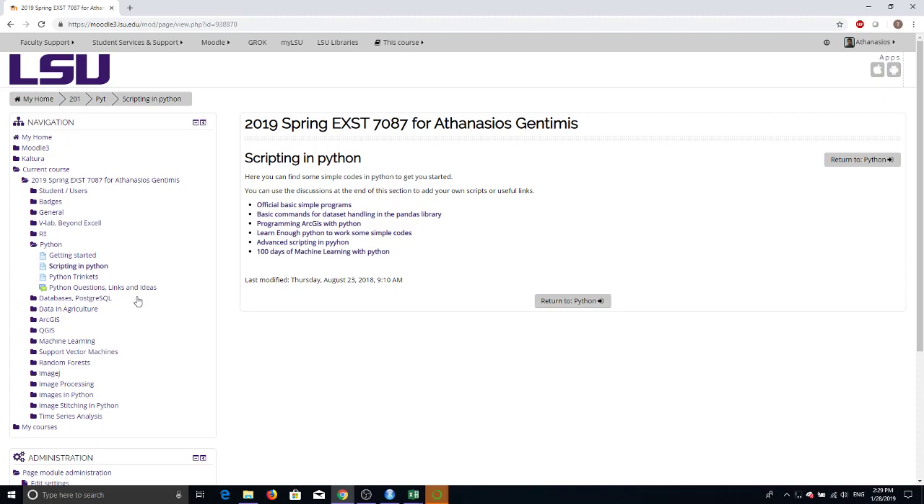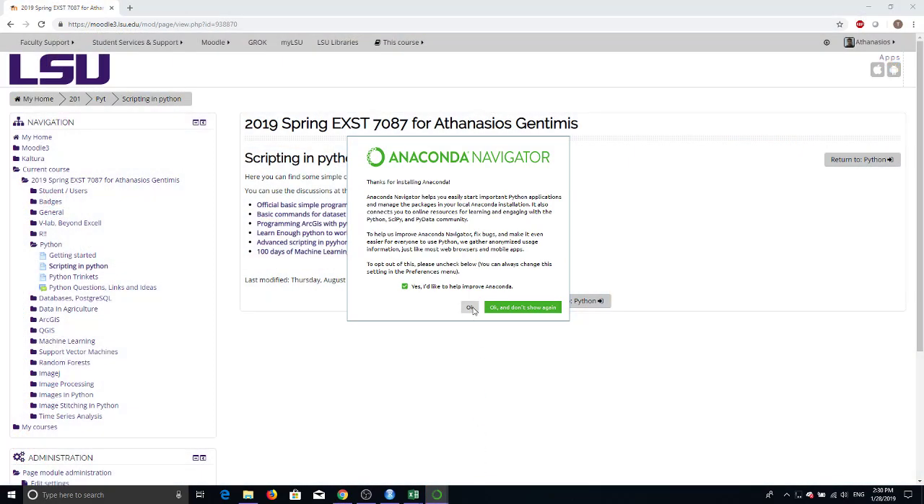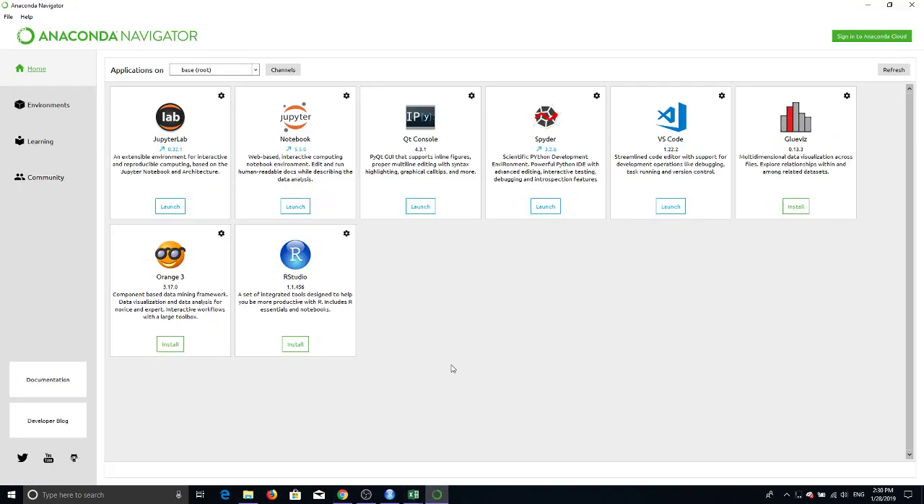There is a different version of Anaconda each time. So let me show you how it looks. Then it's going to pop up. When everything gets installed,